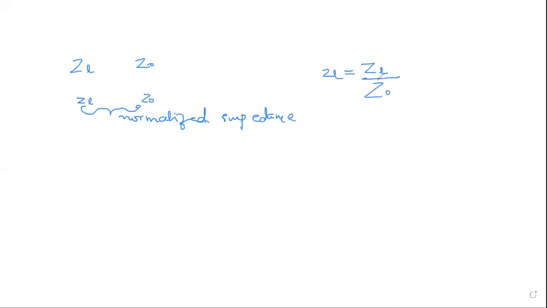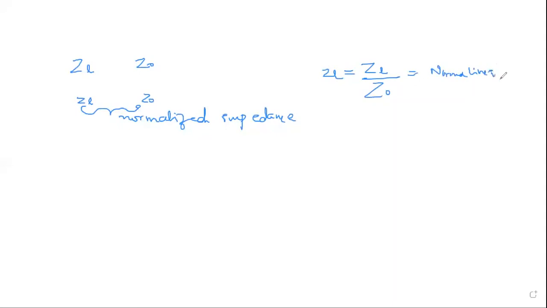It is dividing it. Suppose you consider the electric and magnetic field, it is the value of the electric field divided by its maximum value. So here normalization is, you are taking the exact value of ZL, what is given, and dividing it by Z0. Whatever value you get, that is the normalized line impedance.